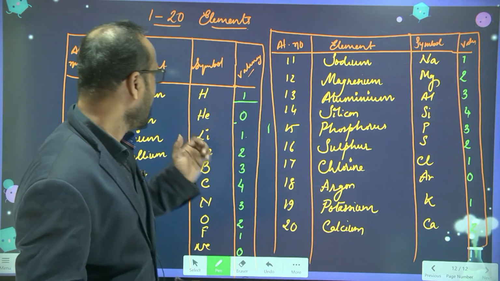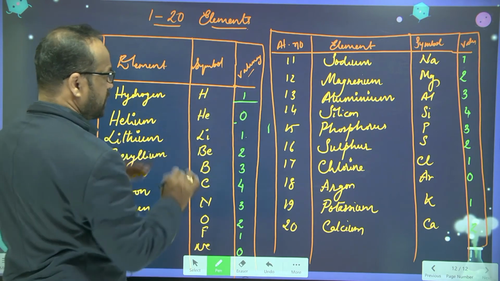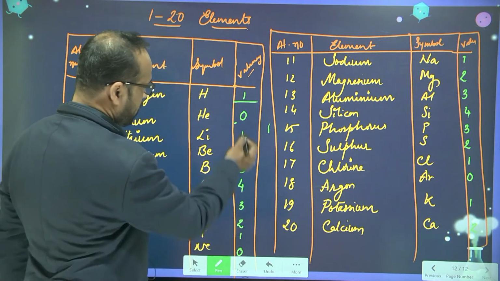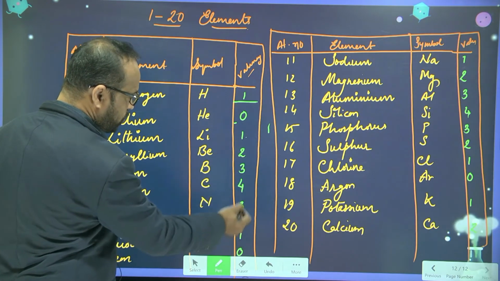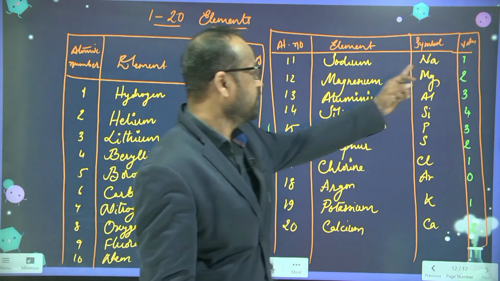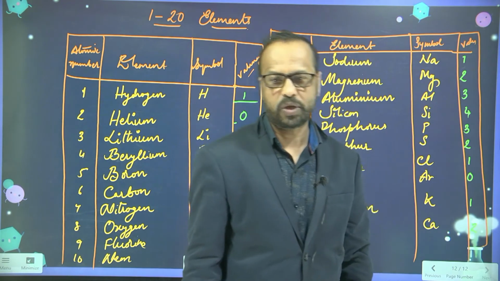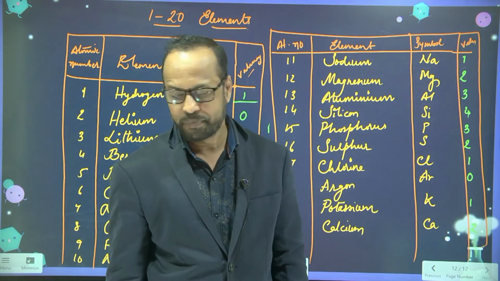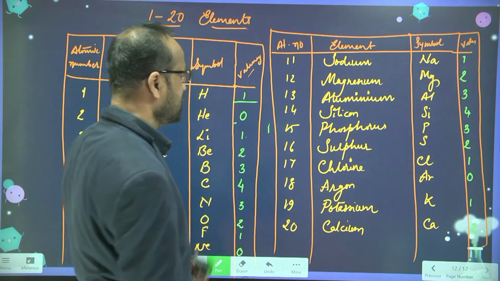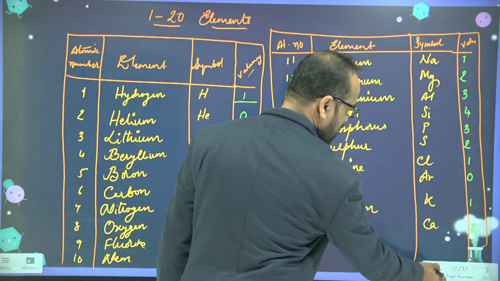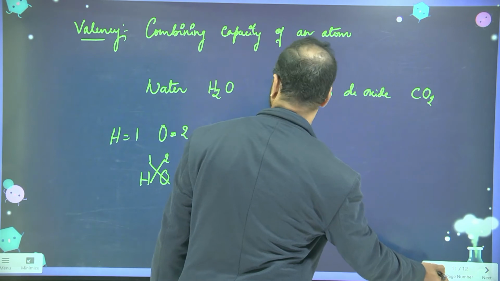But here, as you are in the 8th class, first you learn these 20 elements with their symbols, and remember them in that way. Hydrogen is 1, except that one you can leave it. From there you say 0, 1, 2, 3, 4, 3 to 1, 0. Again 1, 2, 3, 4, 3 to 1, 0. In that way you can remember. Is this clear, students? So that is about the valences of the elements, and these are the 20 elements.